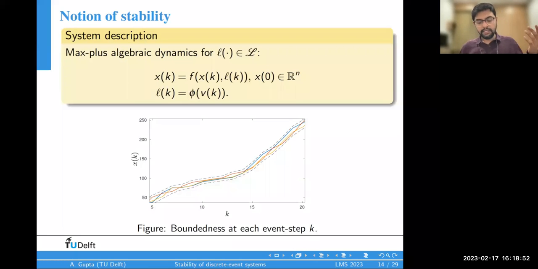So consider that we operate a production network, a manufacturing network, and the states give us, let's say it's linear, the first state gives us the time of completion of the first activity. The last state gives us the time of completion of the last activity for a particular event cycle. The difference between the time of the last one and the first one gives us how much time it takes for the raw material to come in and the product to get out. So that gives us the makespan of the system, so there is a physical aspect involved as well.